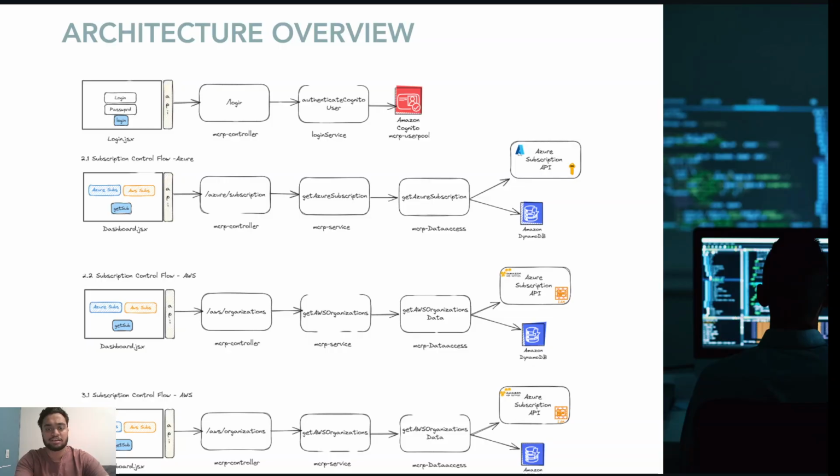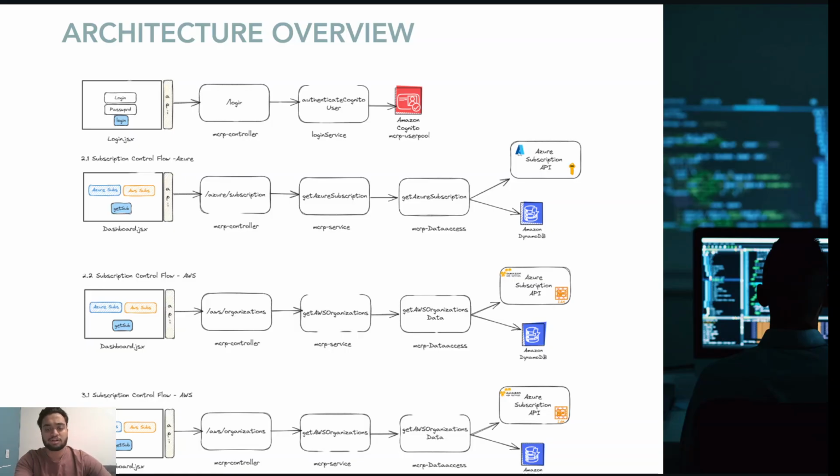The backend also plays a key role in real-time data handling. When the frontend requests pricing data or filters based on region or service type, the backend dynamically connects to AWS and Azure pricing APIs, processes the raw data, applies the custom business logic, and returns a clean formatted response to the frontend. Each service, whether it's fetching cloud queues, validating API keys, or handling login logic, is written to be reusable, testable, and efficient. The result is a backend that is robust, secure, and flexible, capable of supporting a wide range of use cases while delivering fast and accurate cloud insights to the user interface.